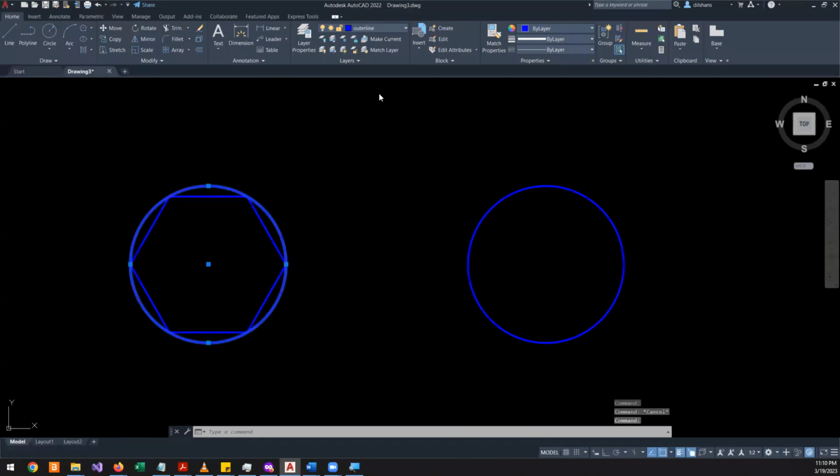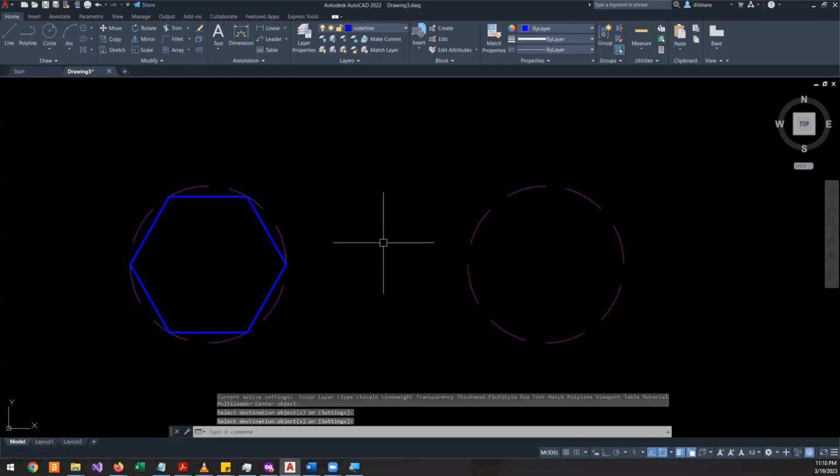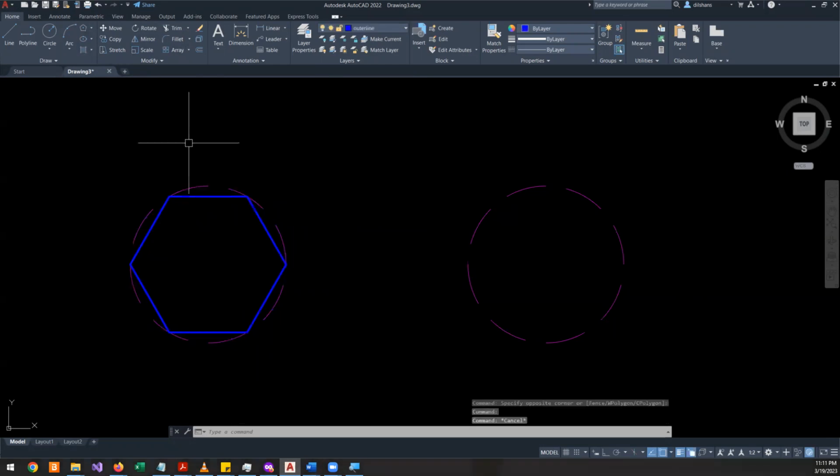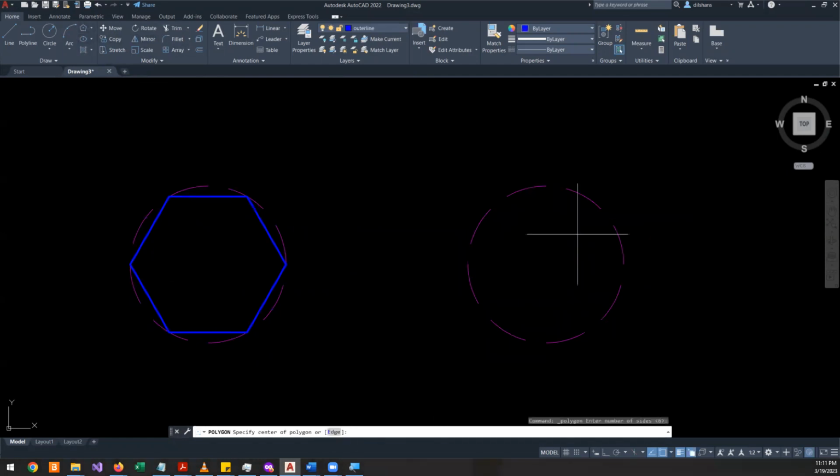So let me put this into the hidden layer. So that is called inscribed in a circle. You see the polygon is always inside this outer circle. Yeah, plain English. Okay. So similarly, I can show you the second option,